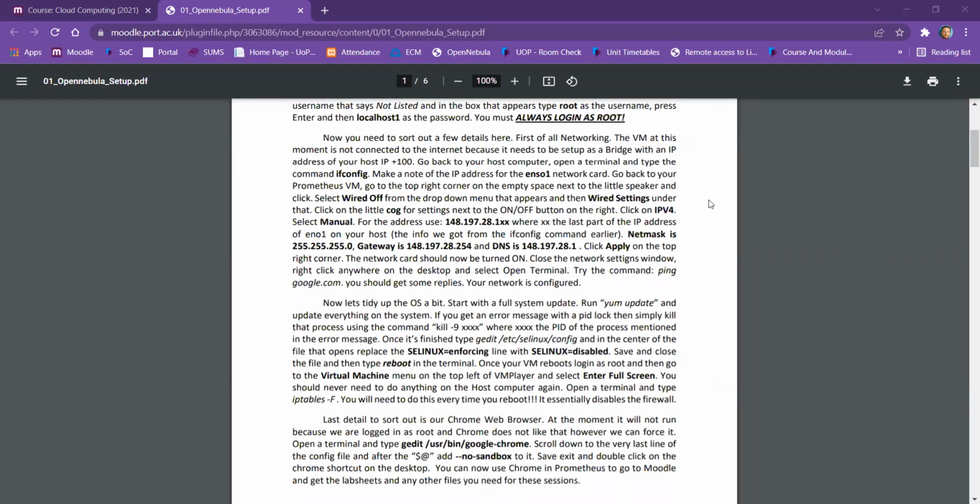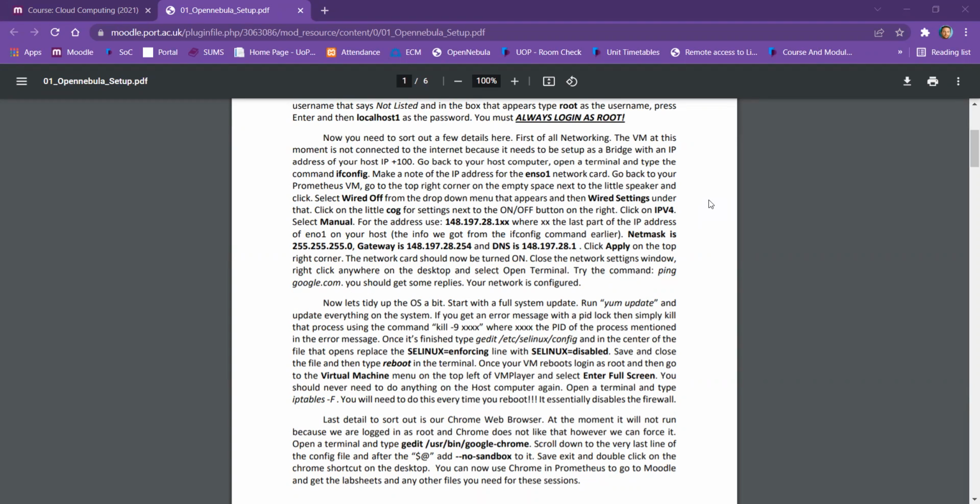All of our computers in the lab belong to network 148.197.28.something. The VLAN addresses that I have allocated to all of you are the last parts of the IP addresses of the computers that we use in the lab. So if you are working on VLAN 65, then your computer is